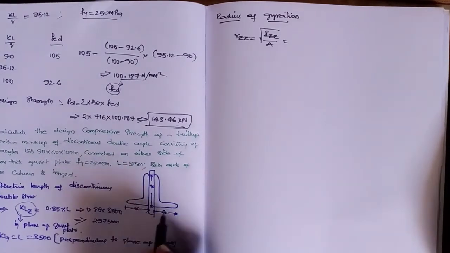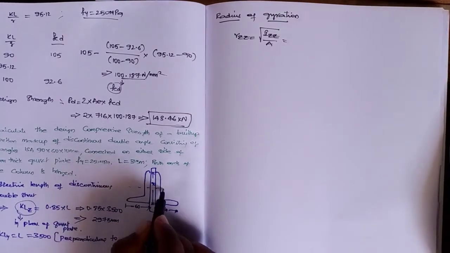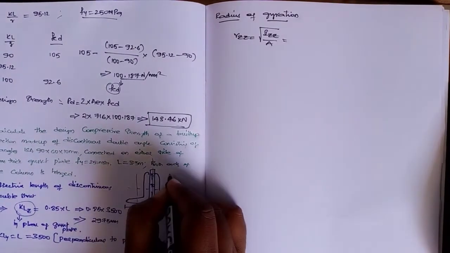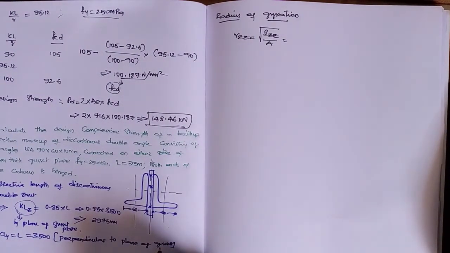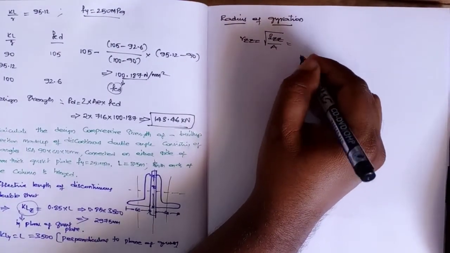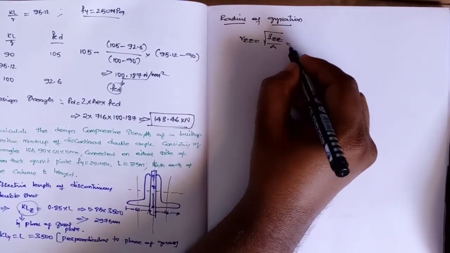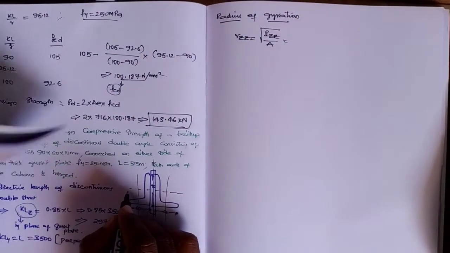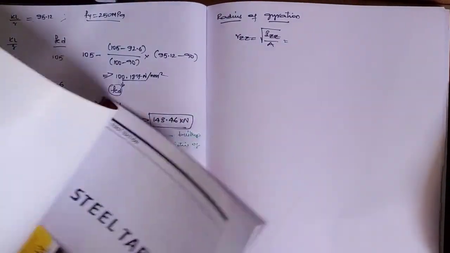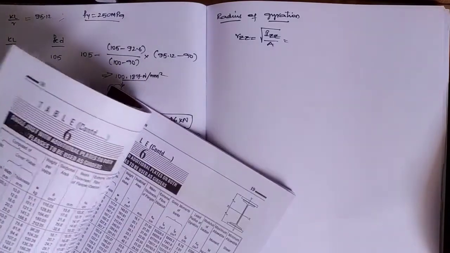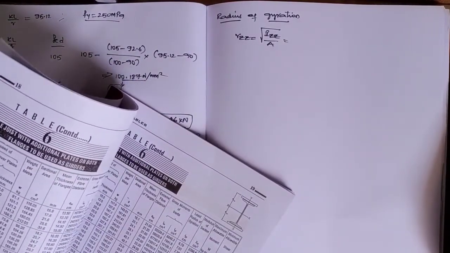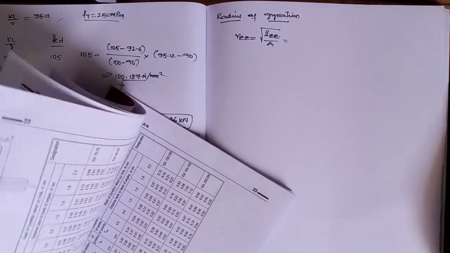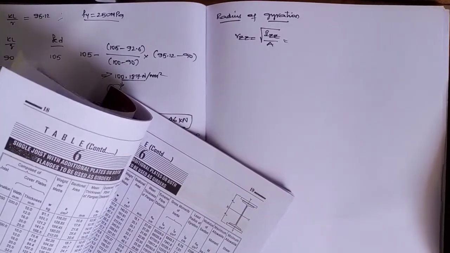See, for the whole section or for individual sections, the z-axis is the same, but for the y-axis, the whole section's y-axis is like this, and for this section the y-axis is like this. So this is similar, which means RZZ can be taken directly from the steel table, because the axis is the same for single or built up. Whereas for IYY you are supposed to calculate the moment of inertia. If you have knowledge of the concepts of engineering mechanics, it will be very easy for you.